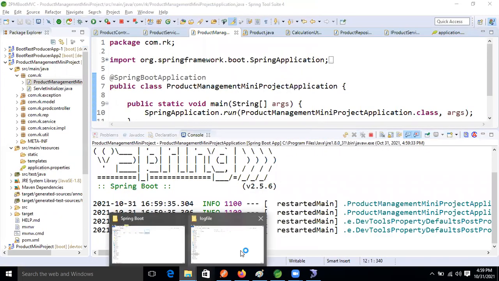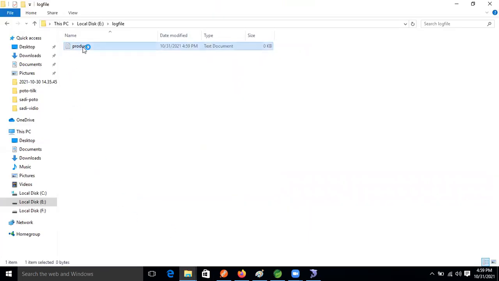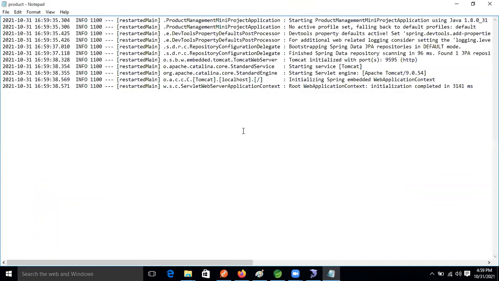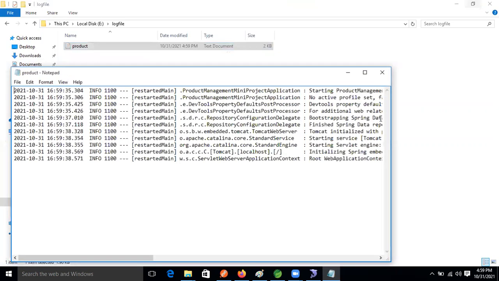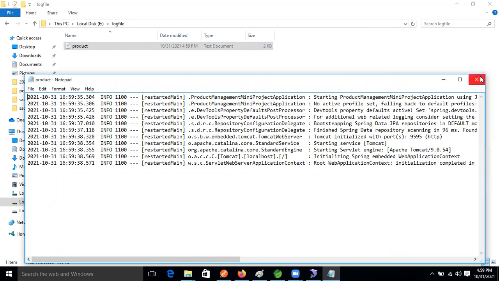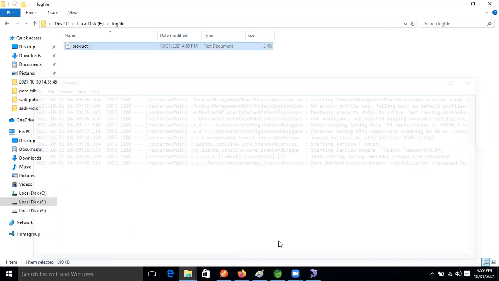Come into the folder now, guys. Okay, the file is generated now. Open it. Info we are getting, right? All info we are getting now. One minute. Okay, no issue. Still we are not calling the method, right? Our file is generating now, guys.